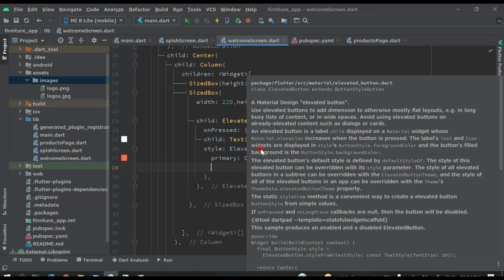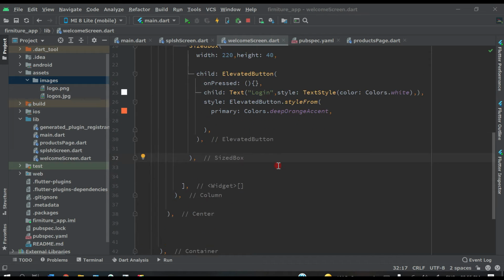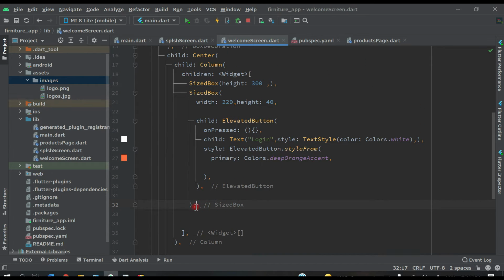And then what we have to do, after this elevated button, after this size box, let's add one size box, and height will be 15.